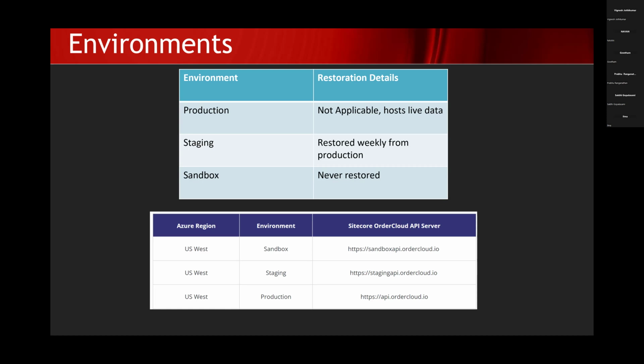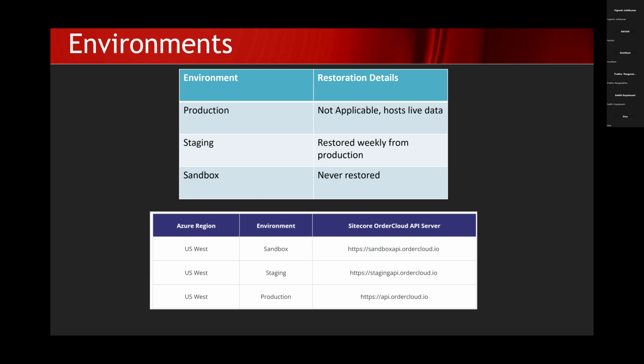It's fake data. They call it a fake database because you can do all your testing there and things like that. But if you have to mock up the production data, then you have to go to staging, which is restored every week automatically. You can also see that there are a few regions where OrderCloud is provisioned, like Europe, Australia, Japan, US, and I've just listed down what is there in